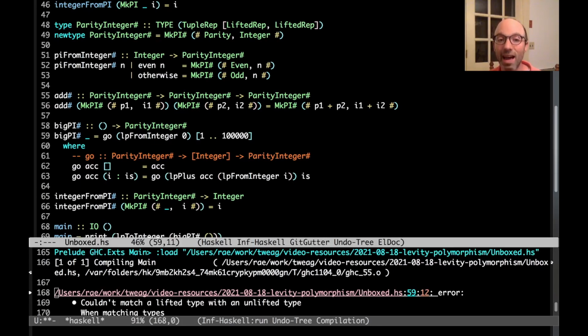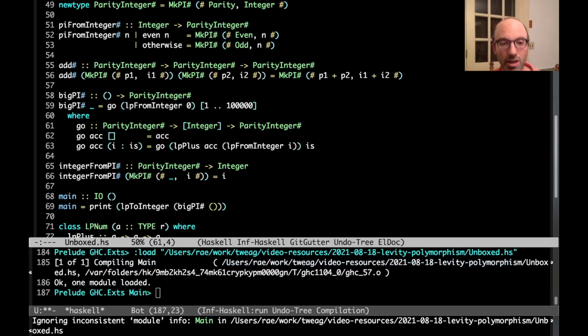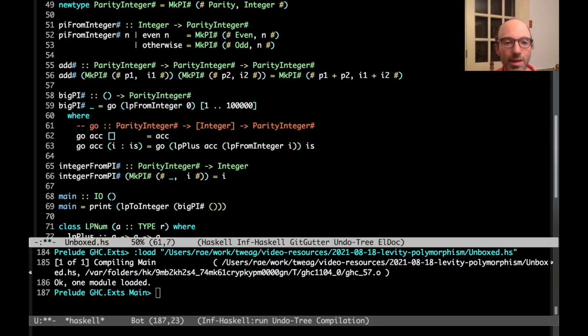That is very interesting. So let me first prove to you that if I just uncomment this type signature, it works. Okay, so it does work. But then why did I get that error before? If I comment this out,